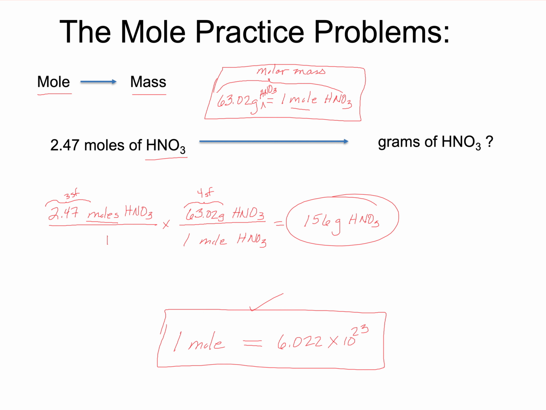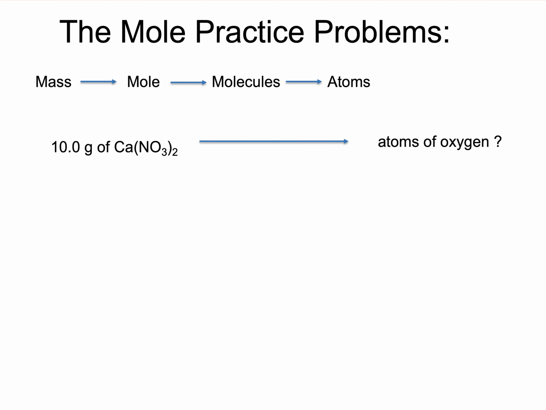So let's do a practice problem where we're going to convert from mass of a substance to the numbers of atoms within a substance. So we're going to start with 10 grams of calcium nitrate, and I want us to figure out how many atoms of oxygen, that means this guy right here, how many atoms of oxygen is in that. So I want you to watch what we do here. So we're going to start with our